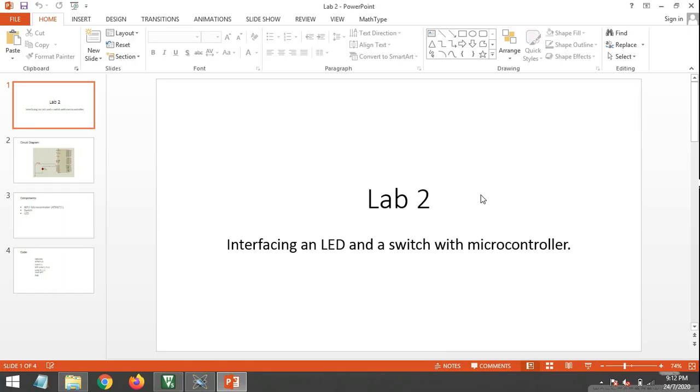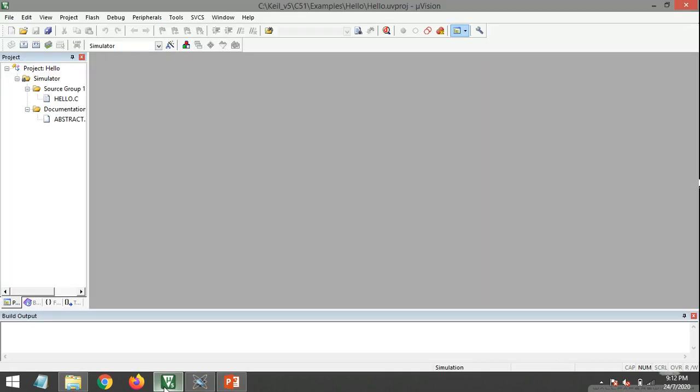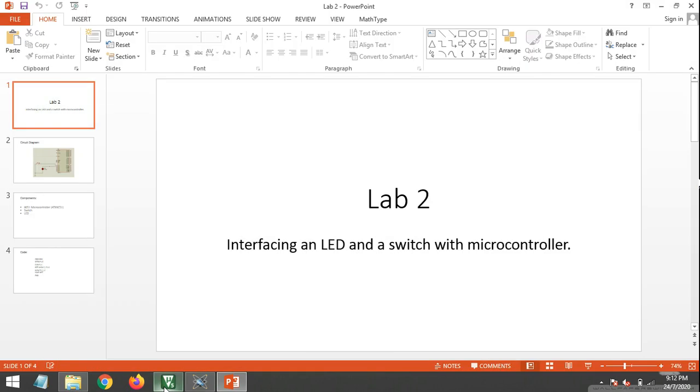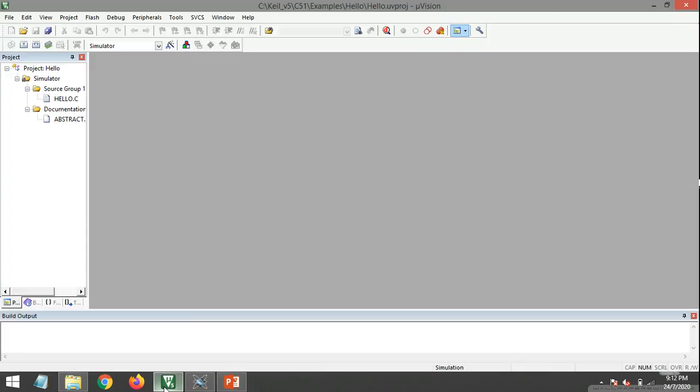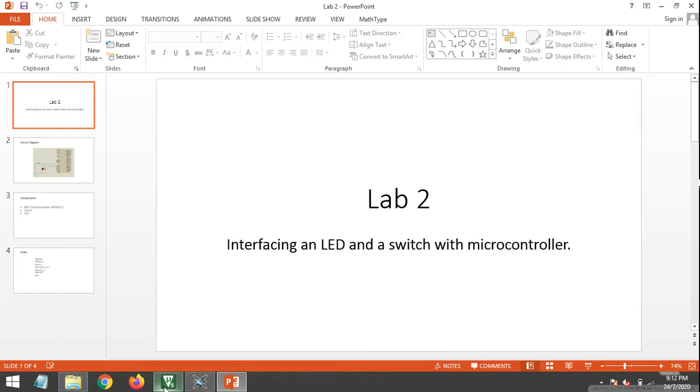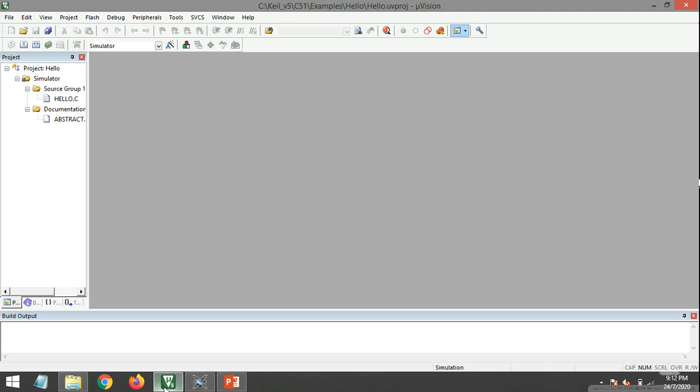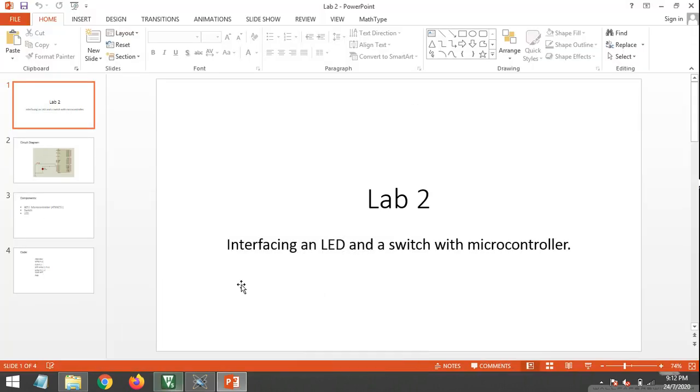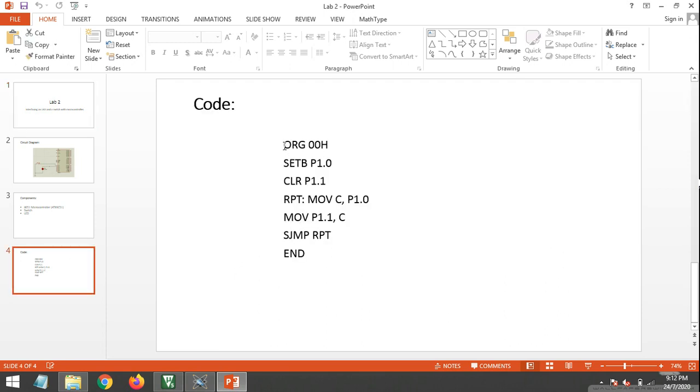Now we'll move on with the next step, which will be to make the hex file of this code using Keil. So I'll be repeating what we did in the last lab. Okay, so I can copy the code from here.